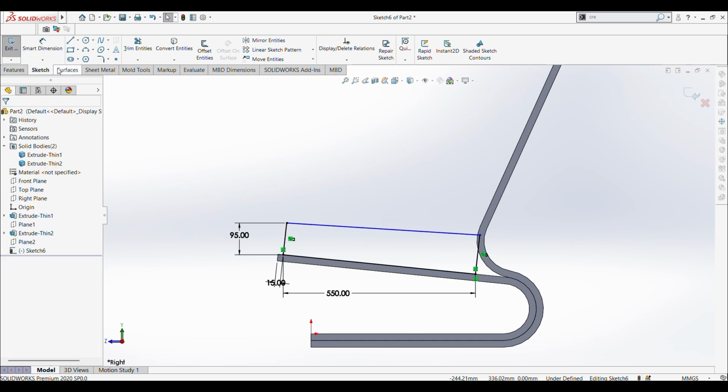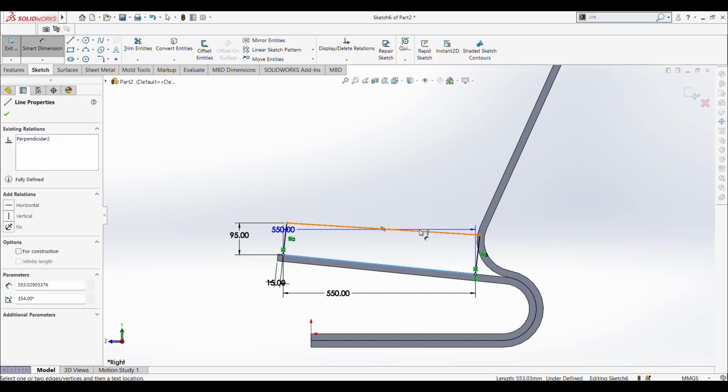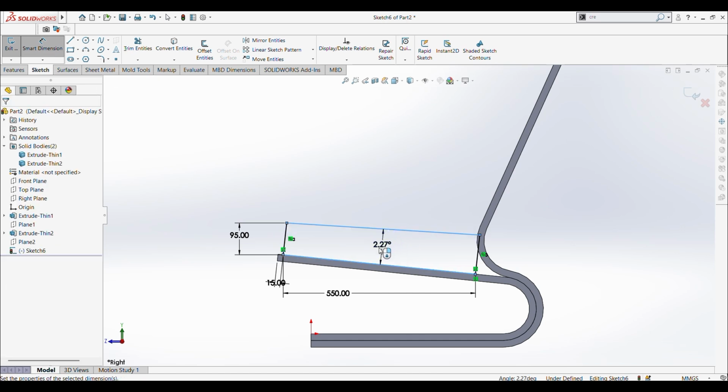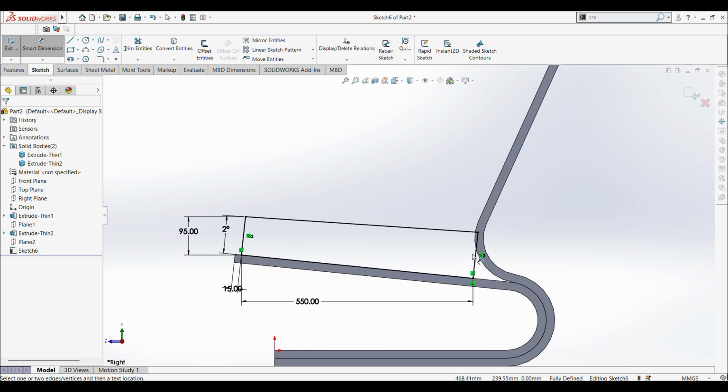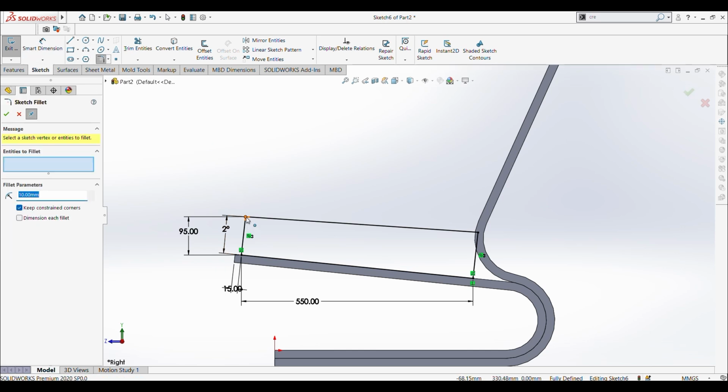And we will put this as 2 degrees, and we will add some fillets. Here we will do 30 mm, click OK, and these three,